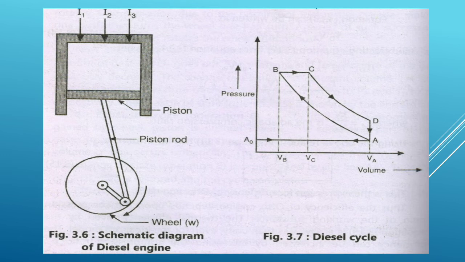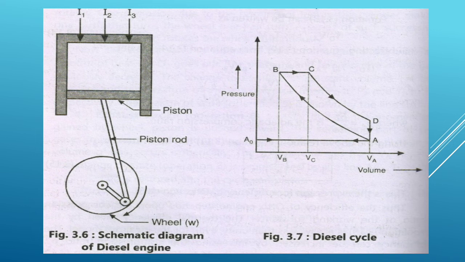In fourth operation, the valve I2 closes and the supply of oil is cut off. The high pressure of expanding hot gases pushes the piston outwards so that the gas expands adiabatically, and external work is done by the gas during expansion. During this process, volume increases from VC to VD, pressure falls from PC to PD, and temperature falls from TC to TD. This change is represented by the curve CD.